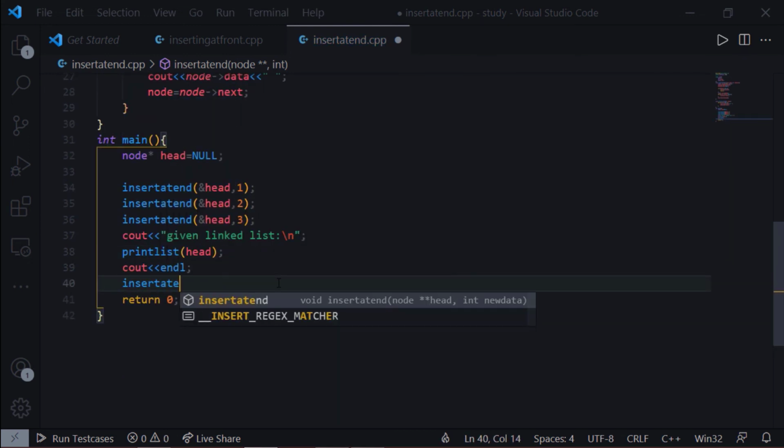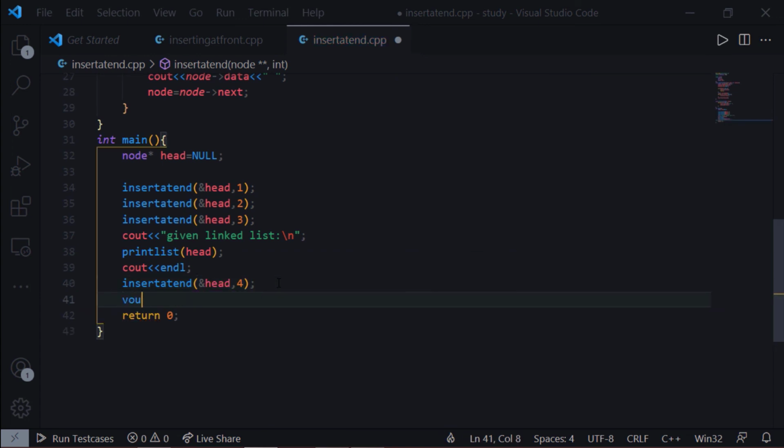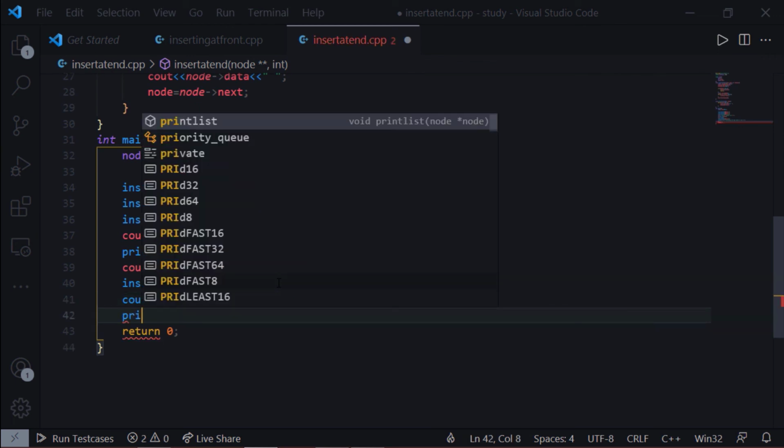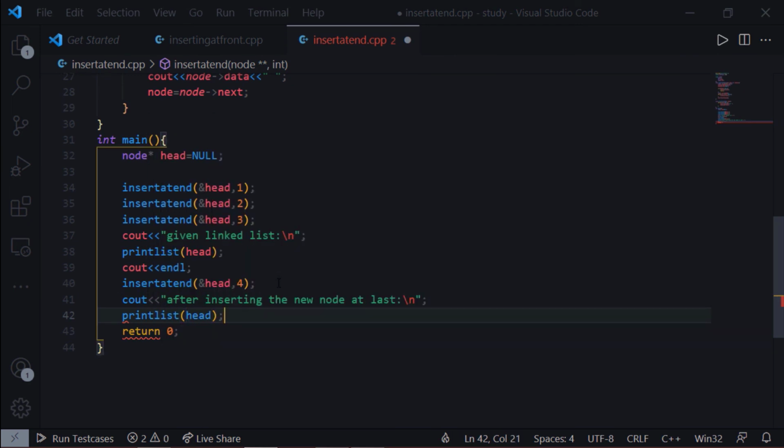Now I am adding a new node at the end of our linked list, passing the address of head and taking the value 4. This is our linked list after inserting the new node at last. Now I'm printing the list after inserting the node at the last.